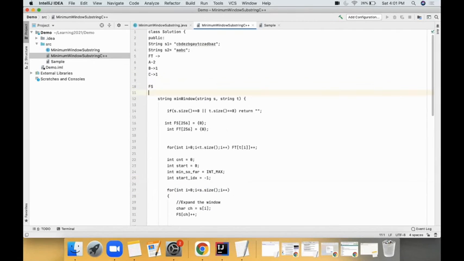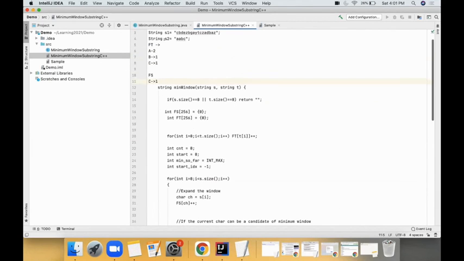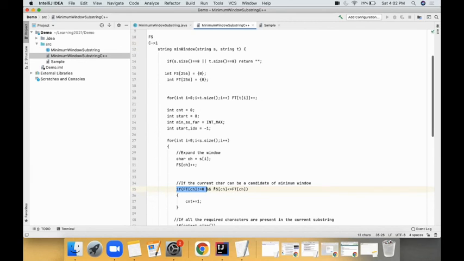So I have, say, C as 1. Now I will see if this character is present in my string 2, which means this is a character I'm interested in, and it can result in finding an answer. So I have to check if it's present in the shorter string, the pattern which I have to find in my string 1. If it is present, and my count is still less than or equal to the count of that character in the map,